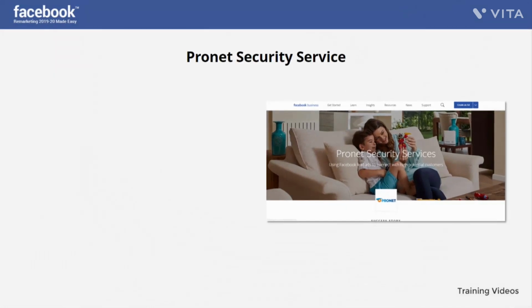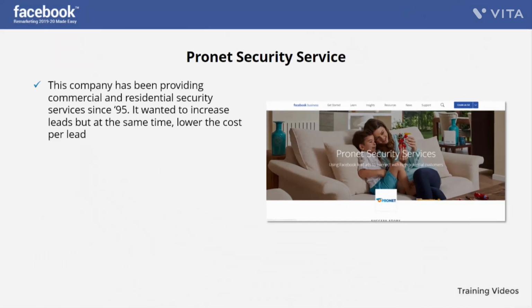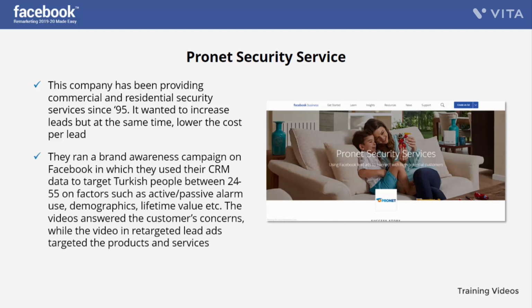ProNet Security Service. This company has been providing commercial and residential security services since '95. It wanted to increase leads, but at the same time lower the cost per lead. They ran a brand awareness campaign on Facebook, in which they used their CRM data to target Turkish people between